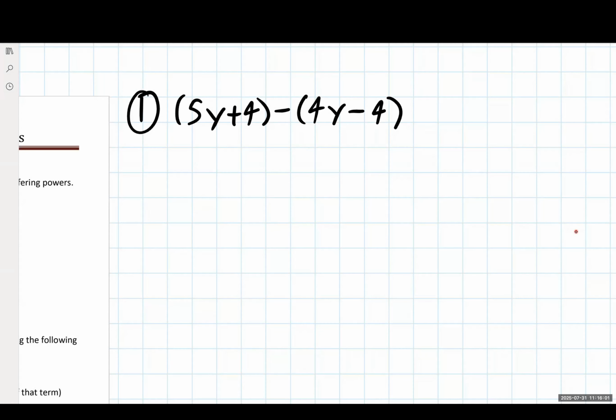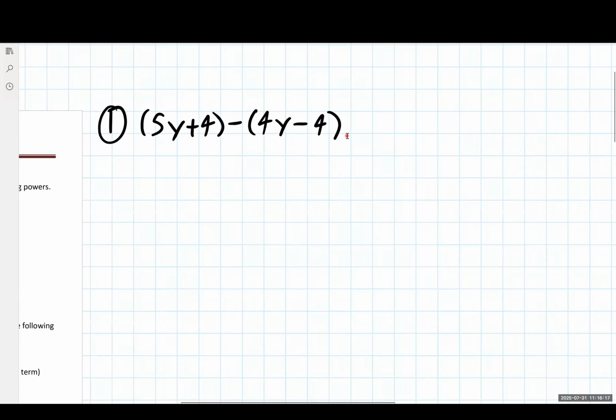So going into example 1 that we have here, we are told to simplify this expression. Now I have a binomial subtracting another binomial. Each has 2 terms, so this brings back a little bit of that terminology that we covered earlier on in the class. I have this minus sign here, and I have this first binomial minus the entire second binomial. Whenever we have a subtraction sign showing up, or anything seen out front here, it can be useful to think of this as being a -1 that's sitting here.